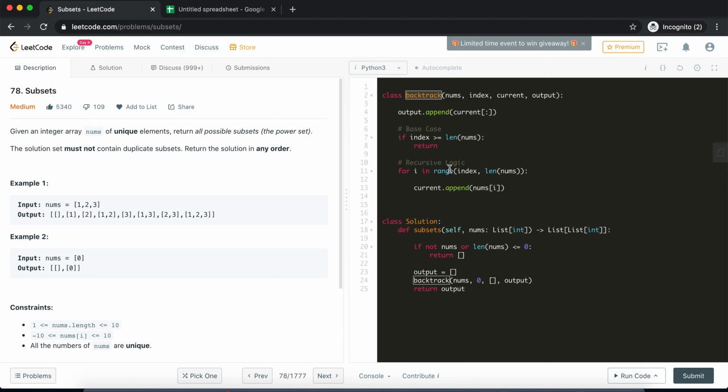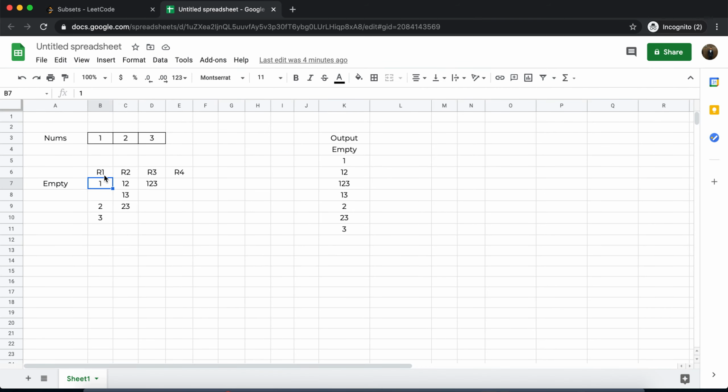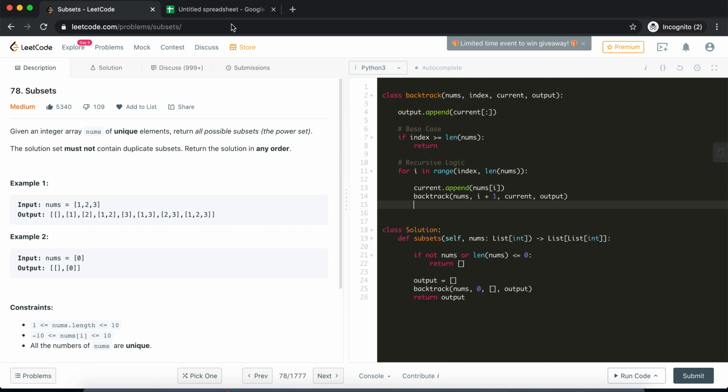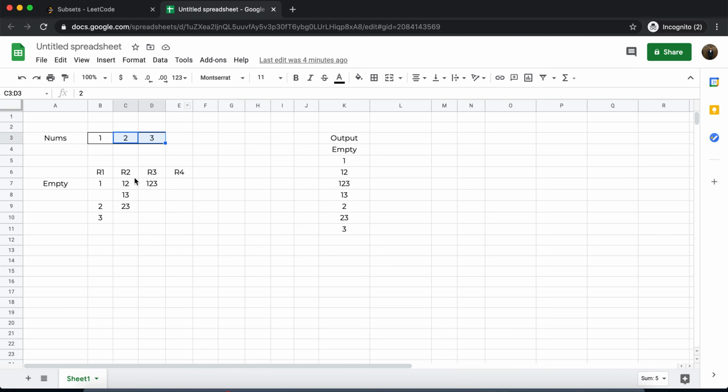Then I'll pass the control to the next recursive function to do its job, and that function will not have that particular element available, because that has been handled by the parent recursion, right? So for example, here this recursive function is handling 1, so the next recursive function will only have to handle 2 and 3. So that's why +1 is needed. Then I'll pass the current permutation and I'll pass the output. Okay, so this backtrack function will handle all these things, right?